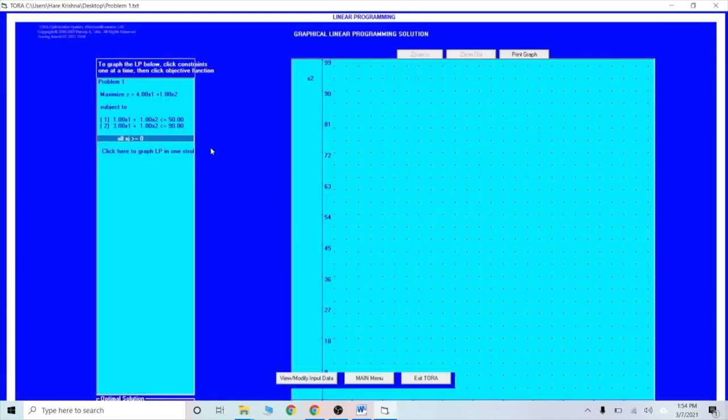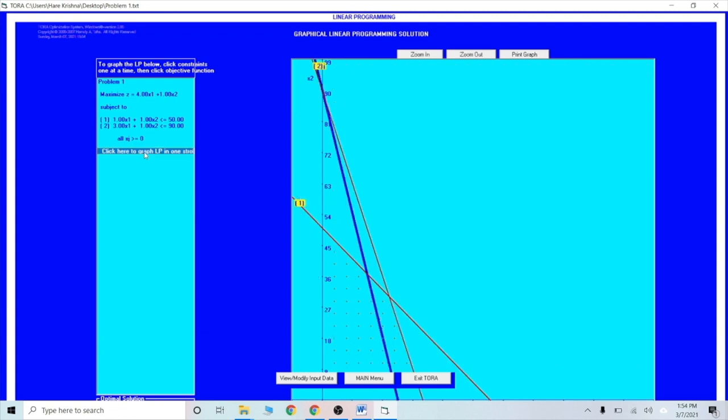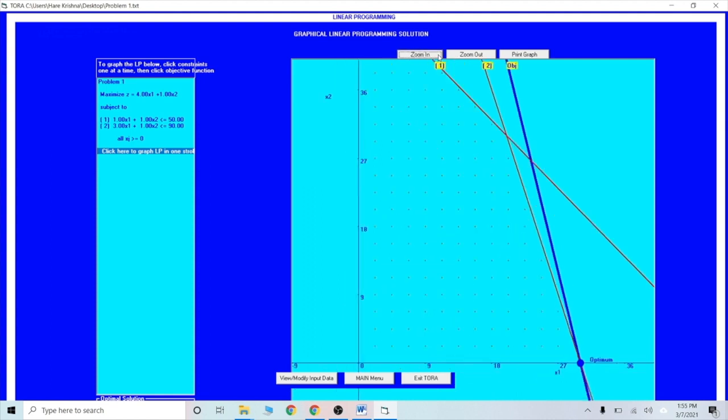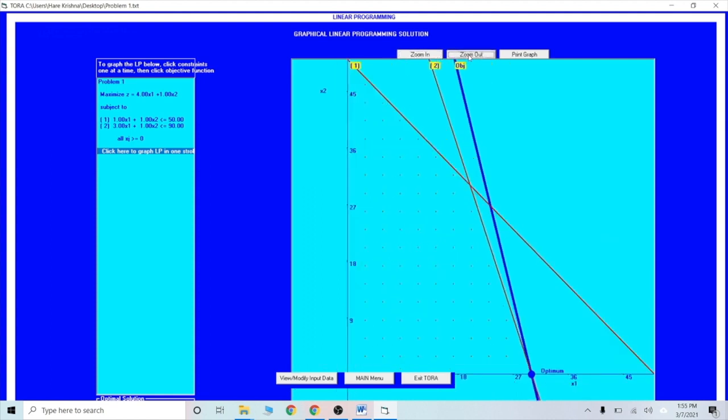There is no graph yet. If you want the graph, click here to graph the LP. The blue line represents the objective. Line 1 is x plus y less than or equal to 50, and line 2 is 3x plus y less than or equal to 90. You can zoom in or zoom out. This dotted region is the feasible region.